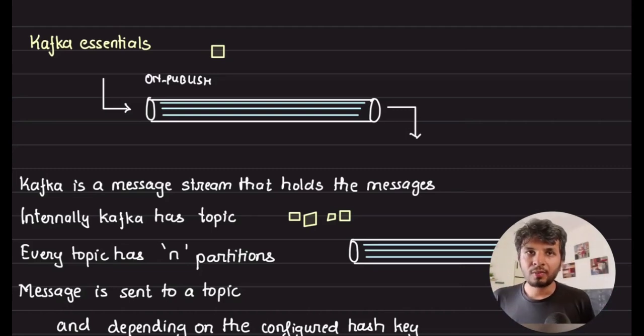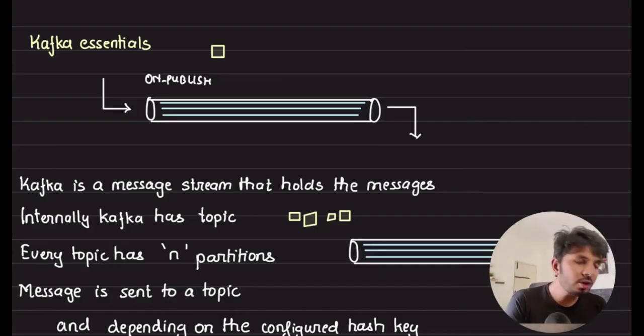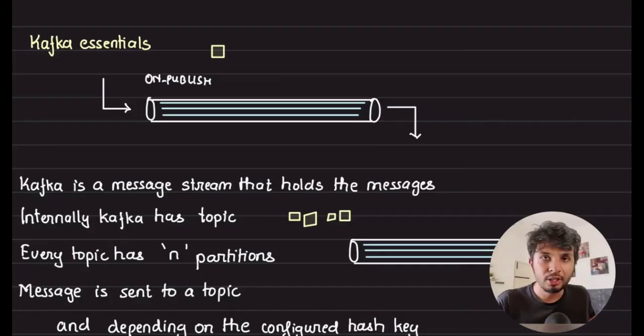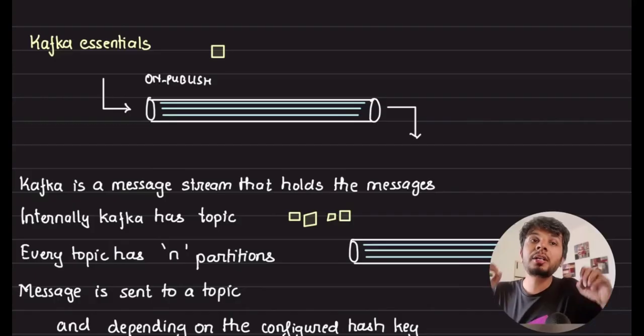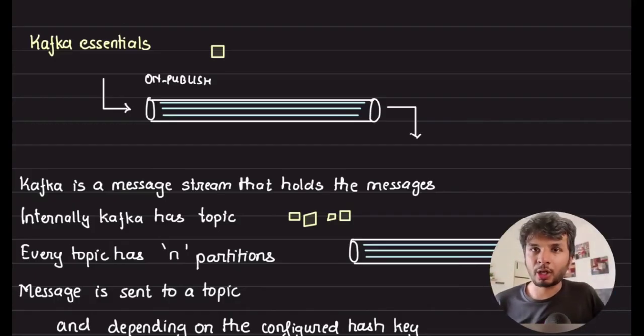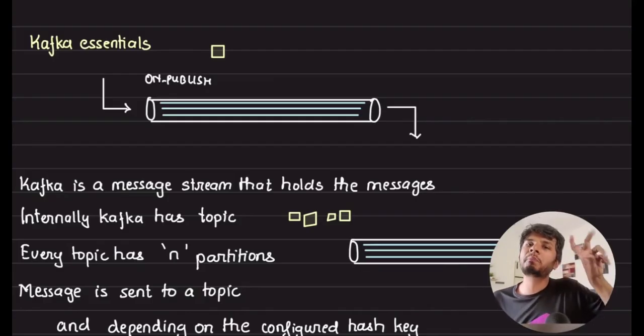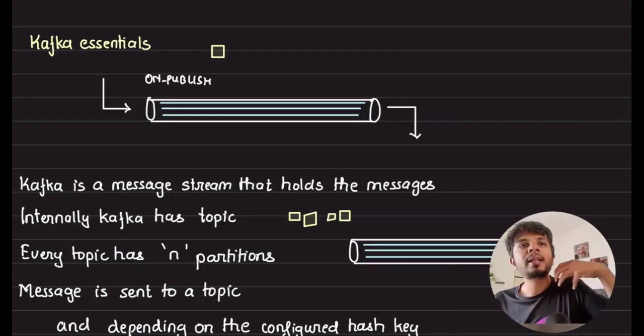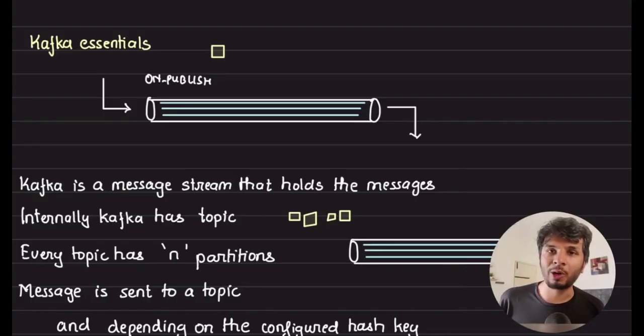So in Kafka, whenever you are pushing a message, you are pushing it for a topic. Let's say you are building that blogging application we were talking about. In that blogging application, whenever a blog is published, you want to push a message. So the name of the topic would be on publish. You can name it anything you like. Let's say on publish is the name of my topic.